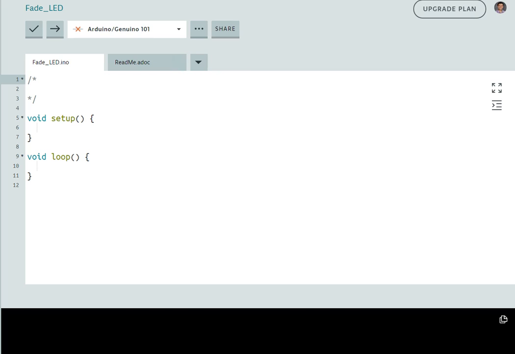Today we're going to be looking at how to fade an LED. Now I know we've been working a lot with our LEDs, but we're learning some really great foundational concepts for us to then begin working with some of those other sensors we can find in our box. For today's lesson we are going to be using the